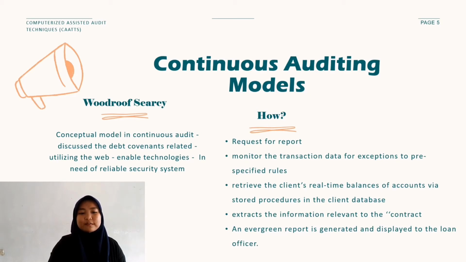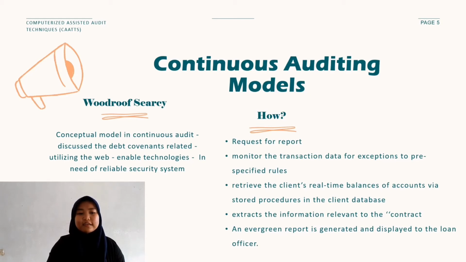The model is based on a database of transactions, such as journals and ledgers, on the client system with a web interface for the auditors to use. This model can be implemented in 5 stages. The first one is the request for the report is made. The second stage is where agents and sensors within the client system monitor